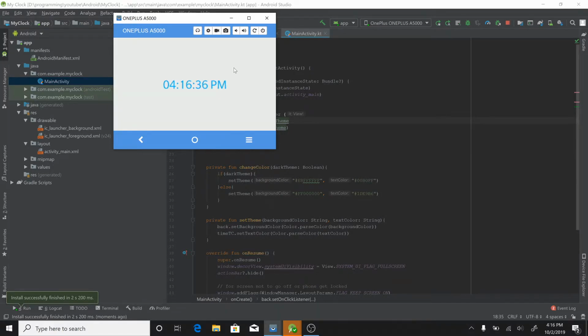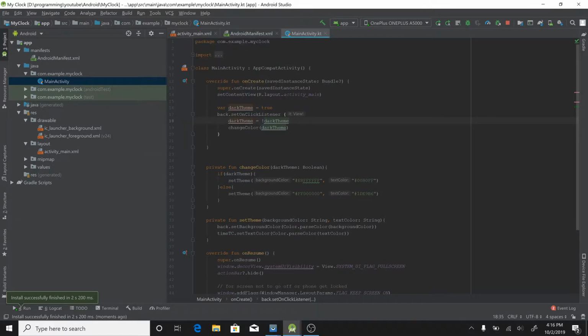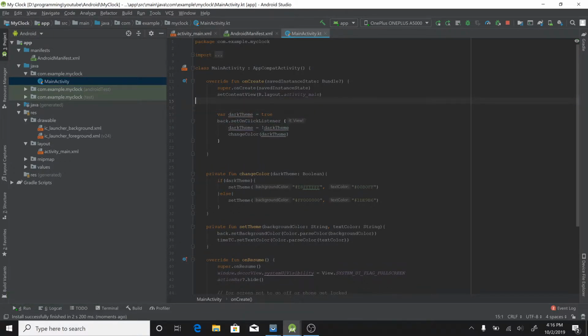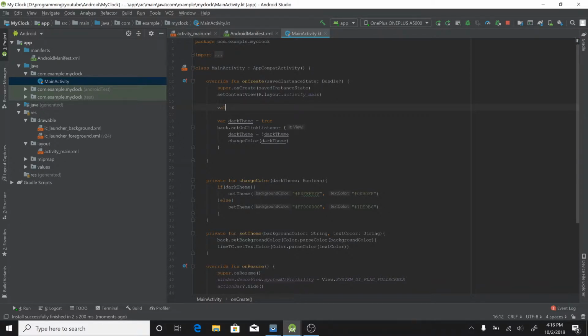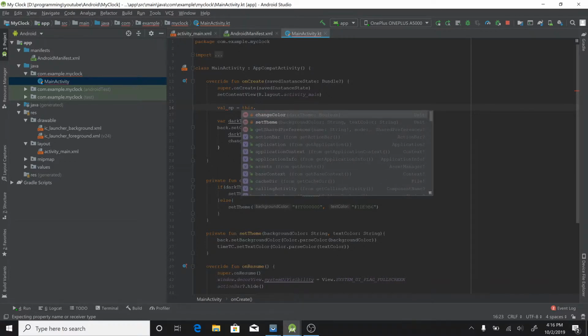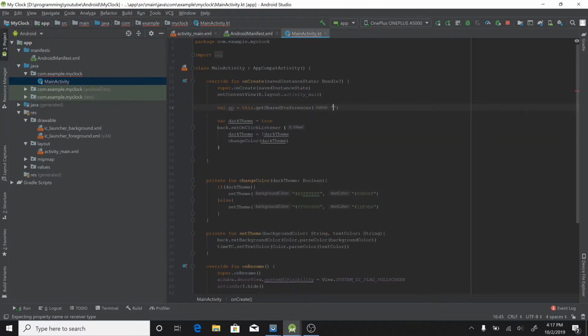Now we want to store it. Like, I want to store what will be the theme color. So if I want to store it, then what I'm going to do, I'm going to create shared preferences. Since it's only one value, we will go for shared preferences. Val sp is equals to this dot get shared preferences. So we're gonna put the name as my clock